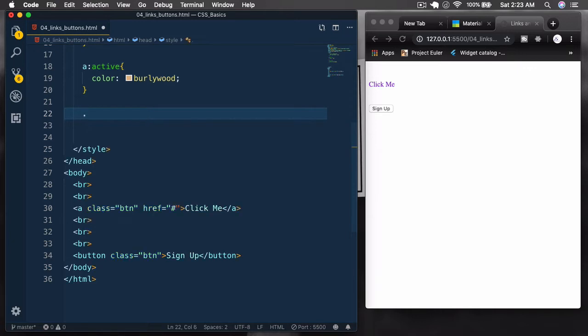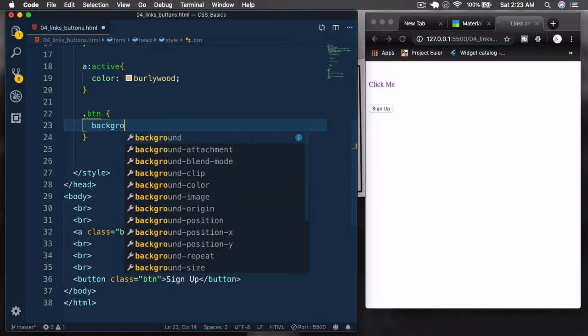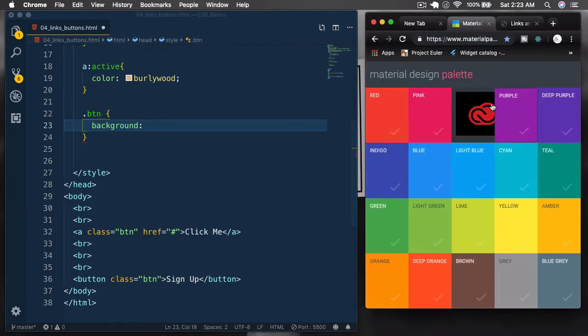We'll pick that class of btn, and for this we want a background color. So what background color do we use? Okay, I selected a page. This is a page I always use when I work. It is called